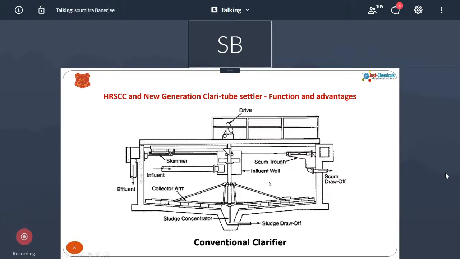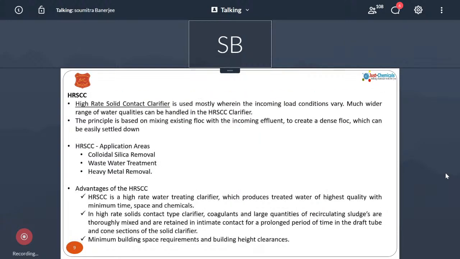Now the downside of these clarifiers was that the detention time of these kinds of clarifiers was 4 to 4.5 hours. Thus, the area requirement was very high, and the capital cost for the civil and mechanical structures was also very high. But this has been replaced by something called HRSCC, which is also known as high rate solid contact clarifier,